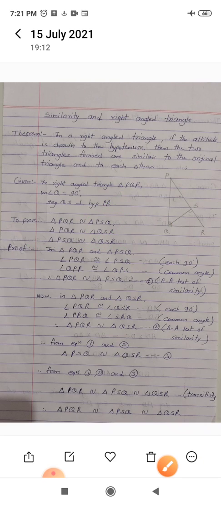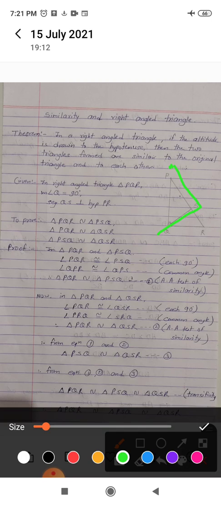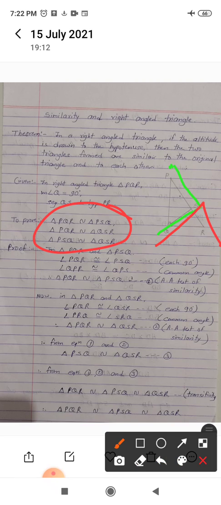So here is one trick I am showing you. Always start from the name of the main triangle, PQR. Then take the name of the second similar triangle from point P as Q, and then again start from this Q as R. So you will get these three statements.